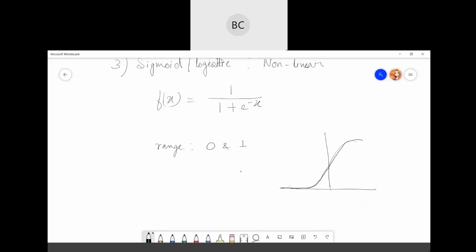So it is a nonlinear function. That means when we have multiple neurons having the sigmoid function as the activation function, the output will be nonlinear too. This nature is nonlinear, so whatever output you get will also be of nonlinear type.